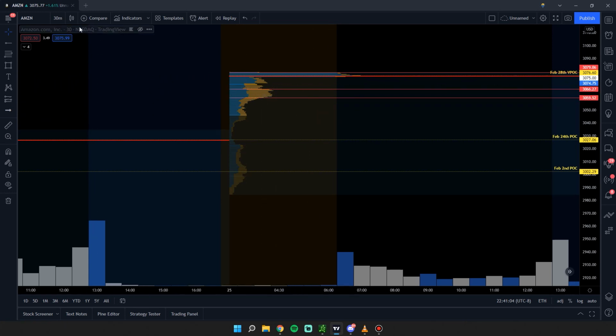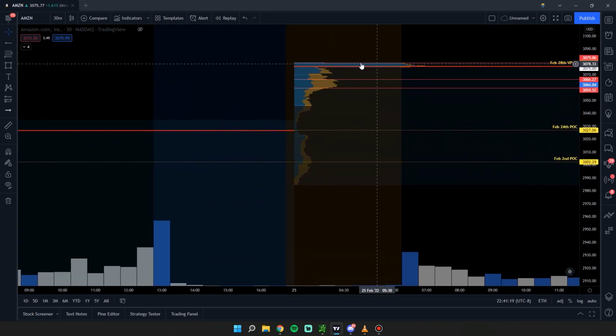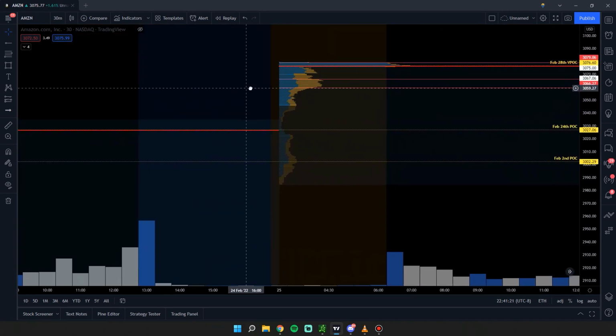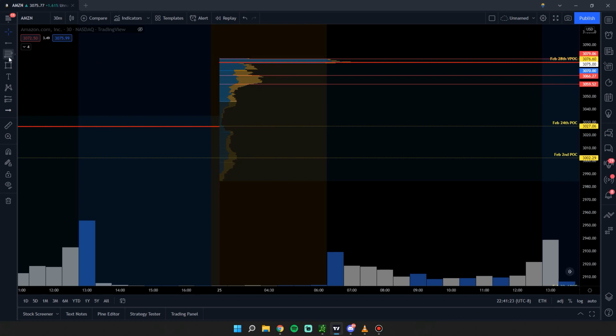So up here we have a volume shelf, and down here we have a volume shelf. So I can guarantee you right now I have my candlesticks turned off. This is not pre-planned. I didn't look at this. So I can tell you, oh, it traded here at one point sideways and then sideways at one point up here. I can switch to any day, and I can tell you roughly what happened based on looking at this volume shelf. We probably also had a little bit of consolidation. It's not going to be very much, though, but through here